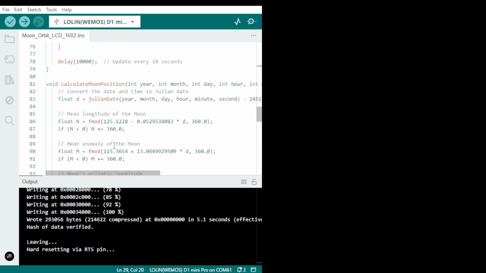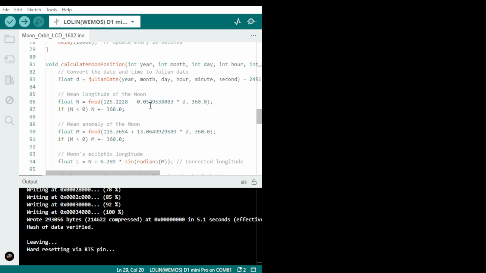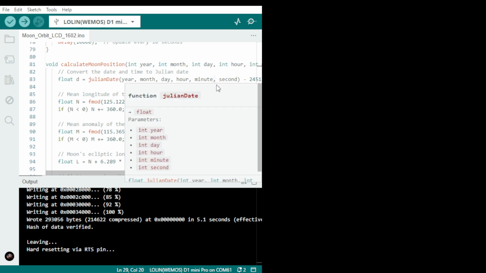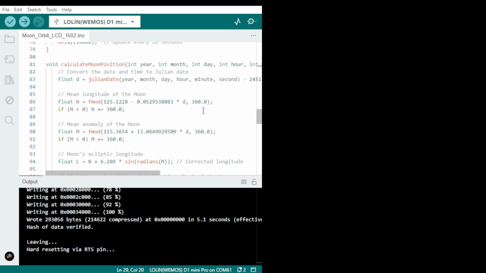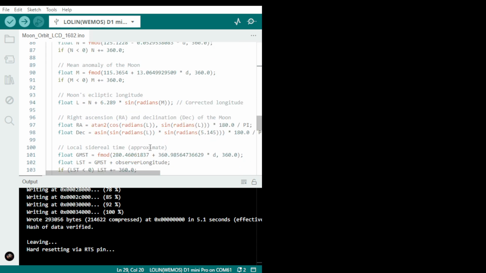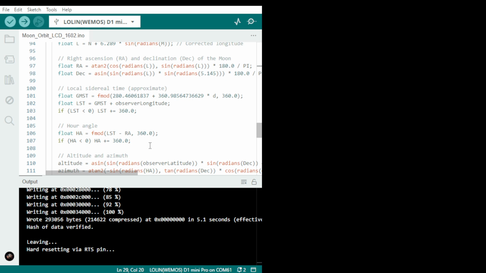Okay, and here's a calculation with moon position in the year, months, takes the whole, it's quite a long processing. Use float because these are decimal floats. They are not integers, they are floats because they have a dot, decimal numbers. So, yeah, and this is all the complex formula that I'm not going to explain here now. And this local,